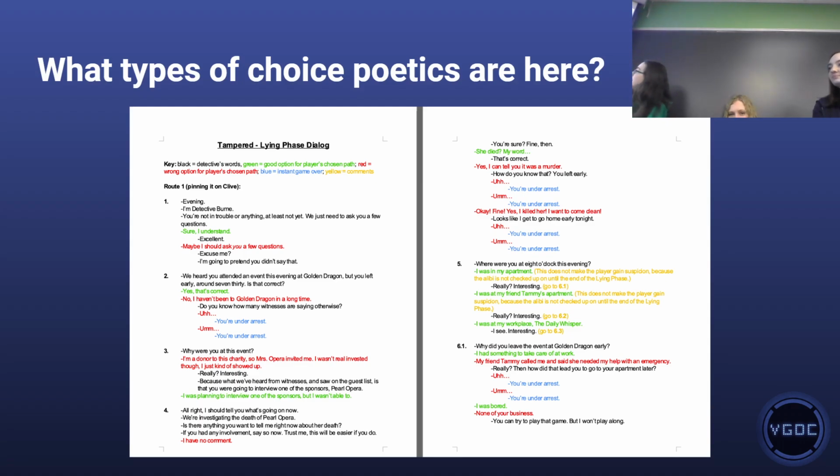Yeah, this was what the document looked like that I was using to create dialogue options. So we've got different color coding depending on, is this just something that the detective is saying? Is this the correct option for the player, the wrong option for the player? We've got some comments that are just written in yellow. For example, branching paths, we've got 6.1, 0.2, and 0.3 depending on what the player chooses before it moves on